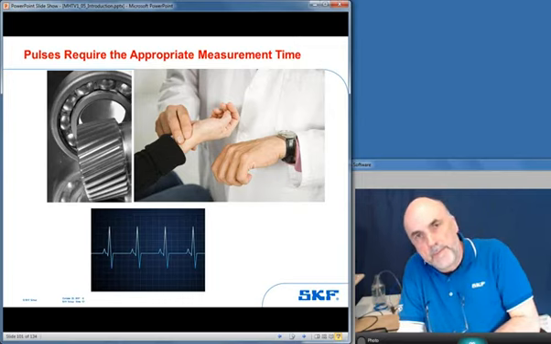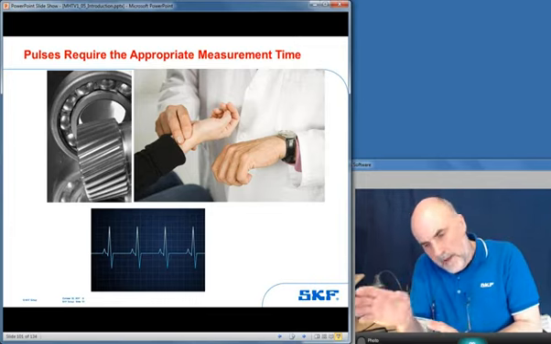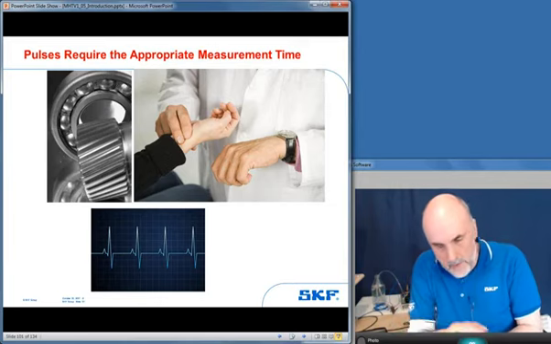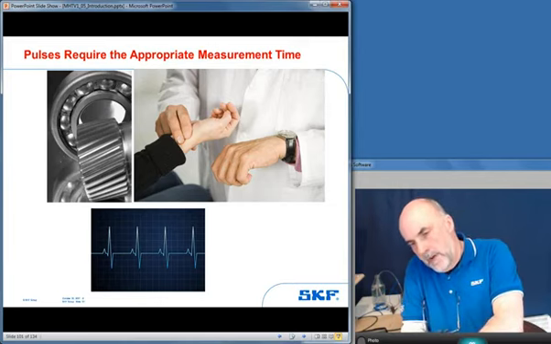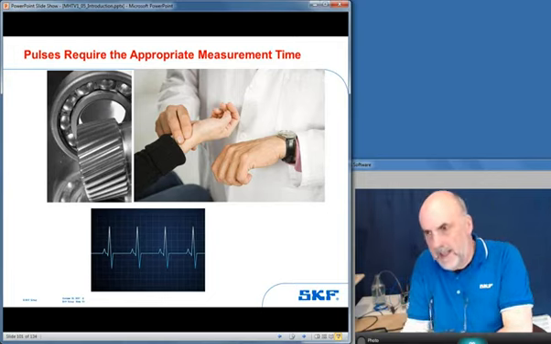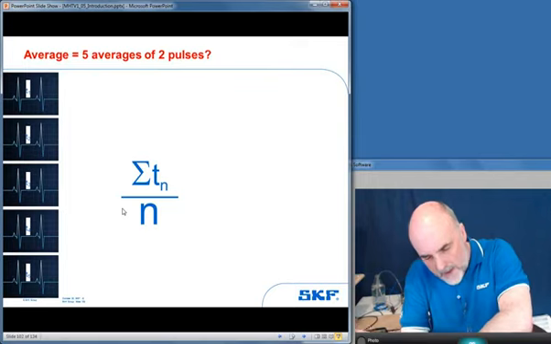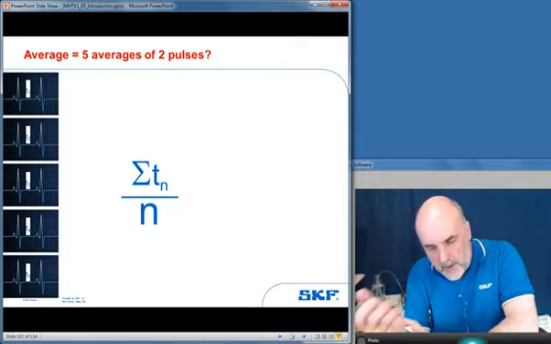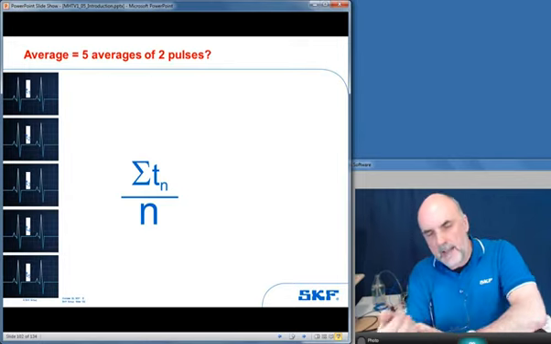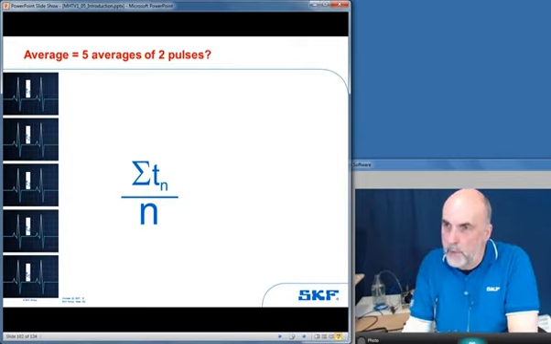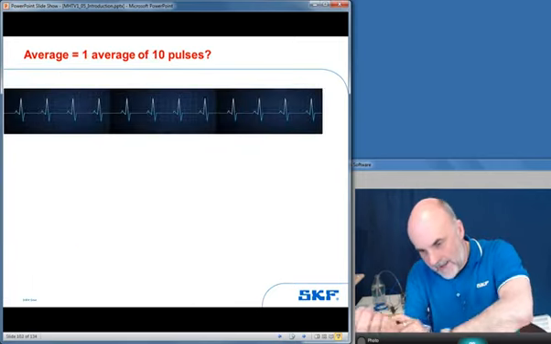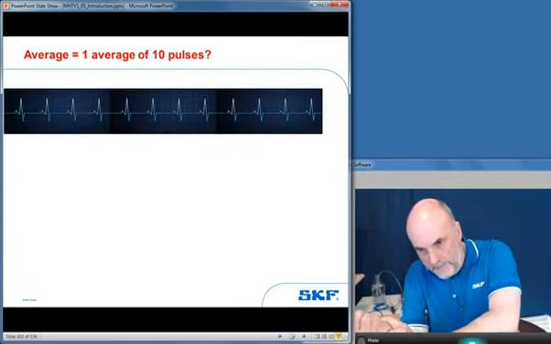Now, if you're measuring somebody's pulse, what the textbooks say is that you should do it over at least 30 seconds, so you get a good average, because people can miss a pulse if they've got heart problems. If it's unsteady, you certainly want to average over 60 seconds. So instead of taking 2 pulses, writing down the time interval, and then taking 2 more pulses and writing down the time interval again, what you would do more realistically is take a representative set of pulses.